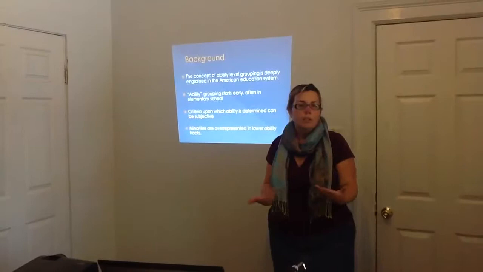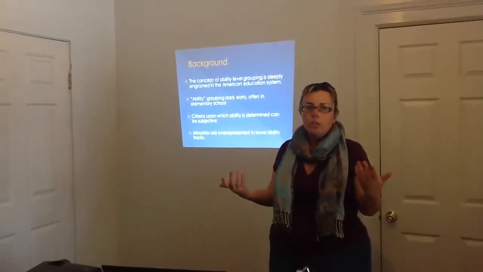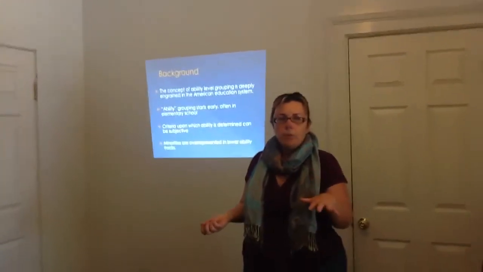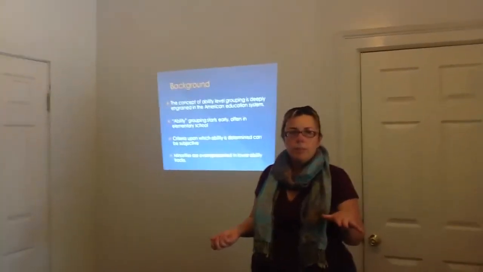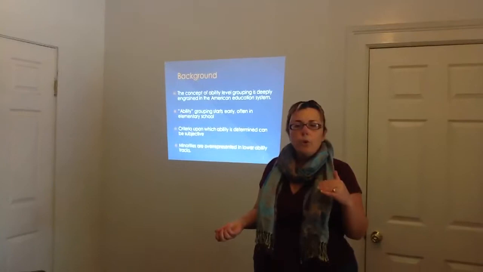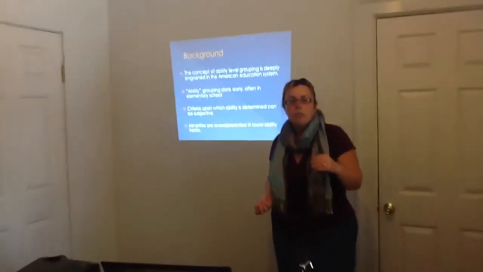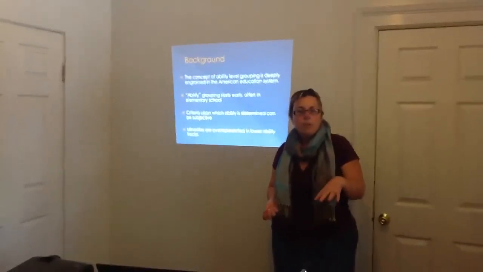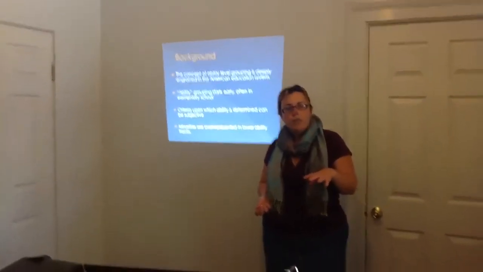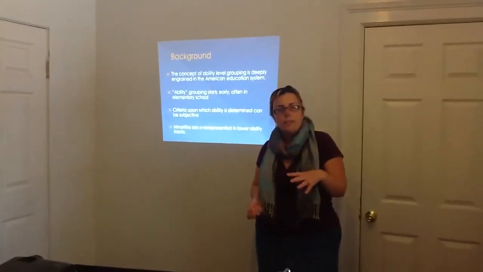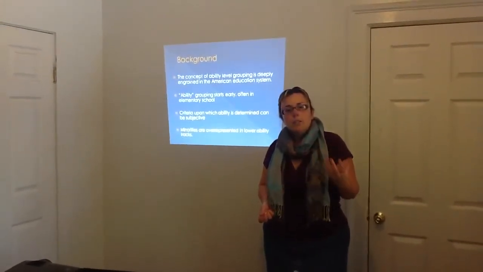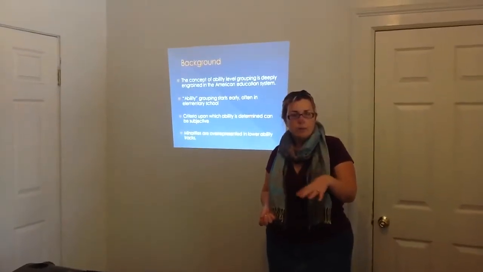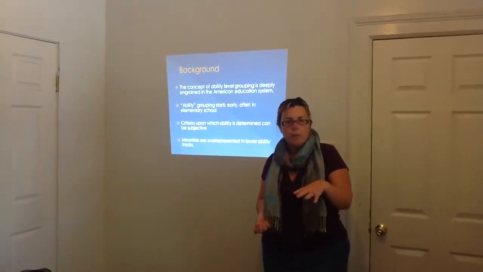And as everybody in education knows, change is not something that the education system itself generally likes to do. It seems to be very difficult. So ability tracking starts very early. It generally starts in first, second grade, and it starts that first time that the teacher notices things about the student. It's generally done by teachers. It's also done by counselors and other people at the elementary school.